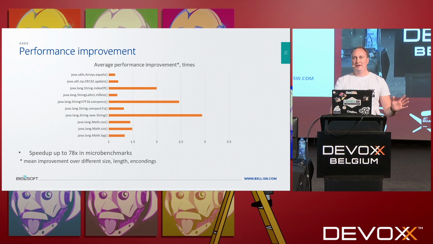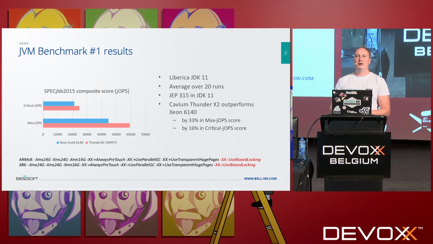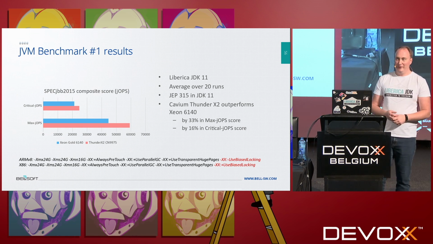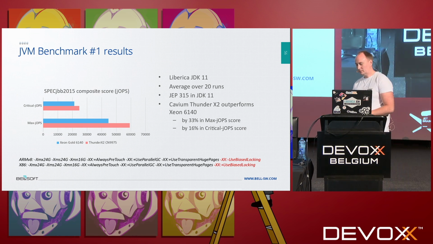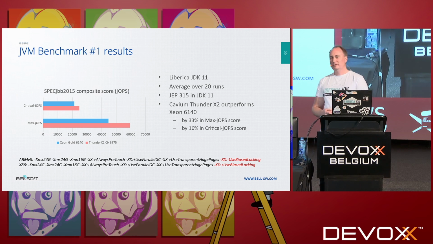Okay, micro benchmarks are good. We solved a lot of micro problems. What happens in large benchmarks? Well, let's imagine a typical JVM benchmark that tries to measure the performance of your enterprise application. And we may compare, for example, a current Intel Xeon Gold machine against the ARM machine, using about the same settings, a relatively small heap,